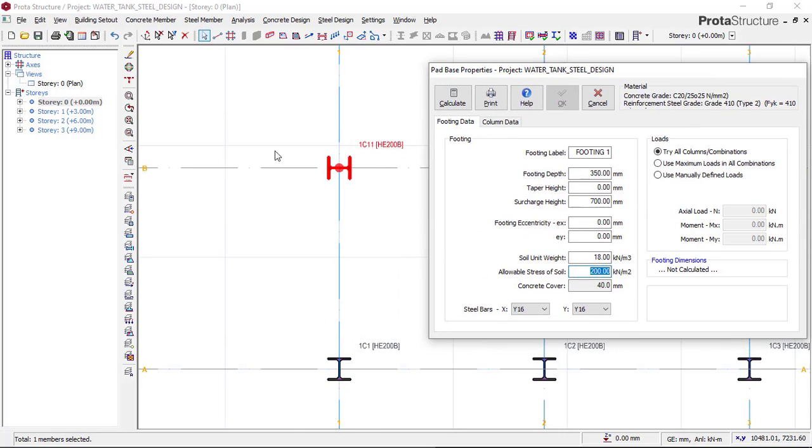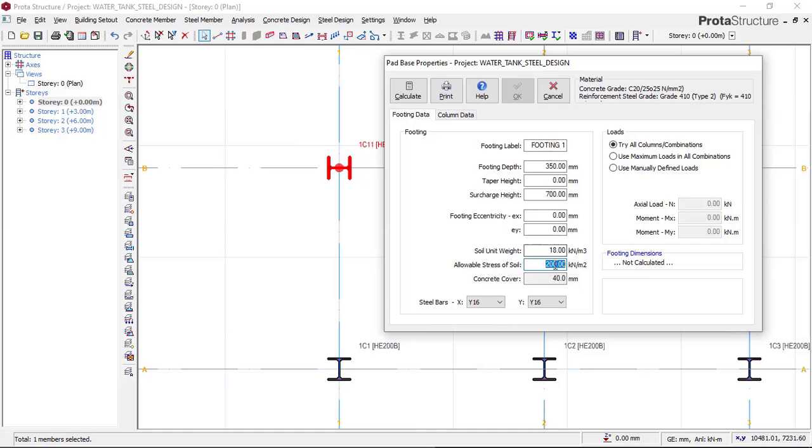It's like I told you before, I always do a practical base. This water tank stand is a live project which is already under construction. So from the soil test, the bearing capacity of this soil is 150 kilonewton per meter square, which is the allowable stress of the soil. The next thing, I used reinforcement of Y16, a diameter of 16. And then I will now click on